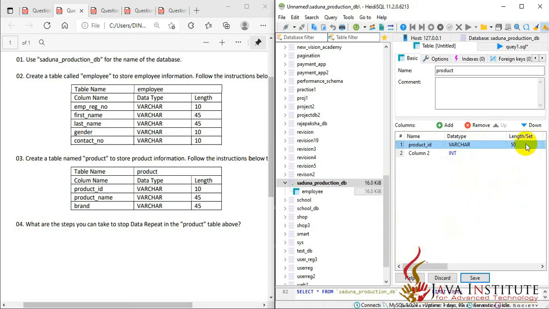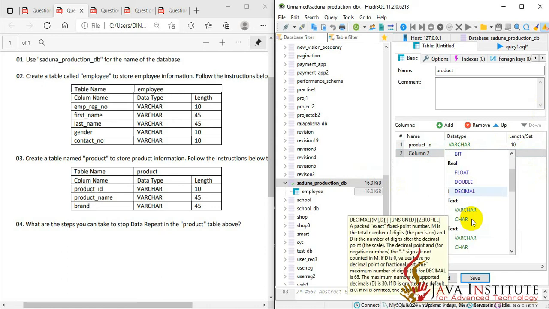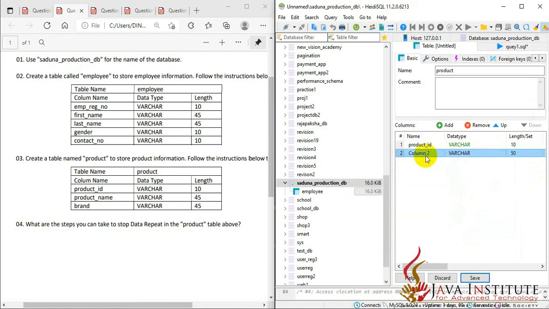The default value is always int, so I have to change that value, and the default character length is also 50, so I have to change that also. Now here the data type I have to change it as varchar for my second column, and the name I am going to give it is, according to the question,